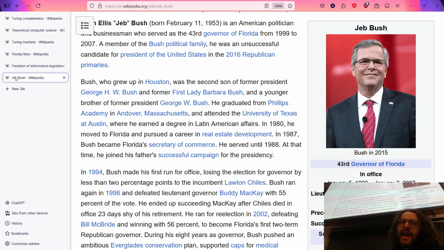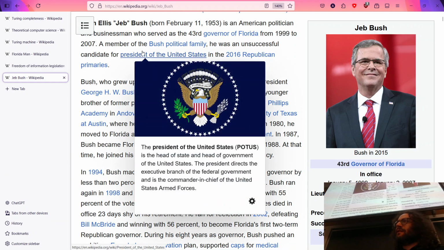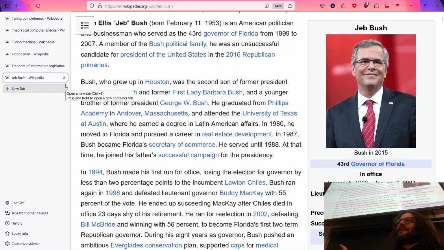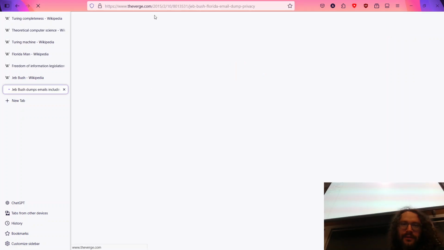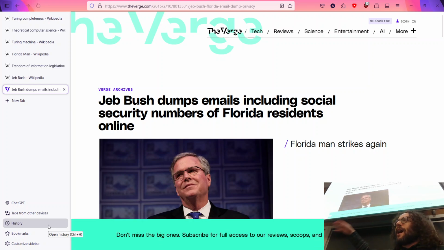So basically he said, hey, look, there are no skeletons in my closet here. And he released all his emails. The issue is that, as I previously mentioned, some information should not be released, especially personally identifiable information, such as social security numbers, which led to this fun headline from The Verge. Some other websites did describe it as Florida man doxes 1 million people. Not really like that.